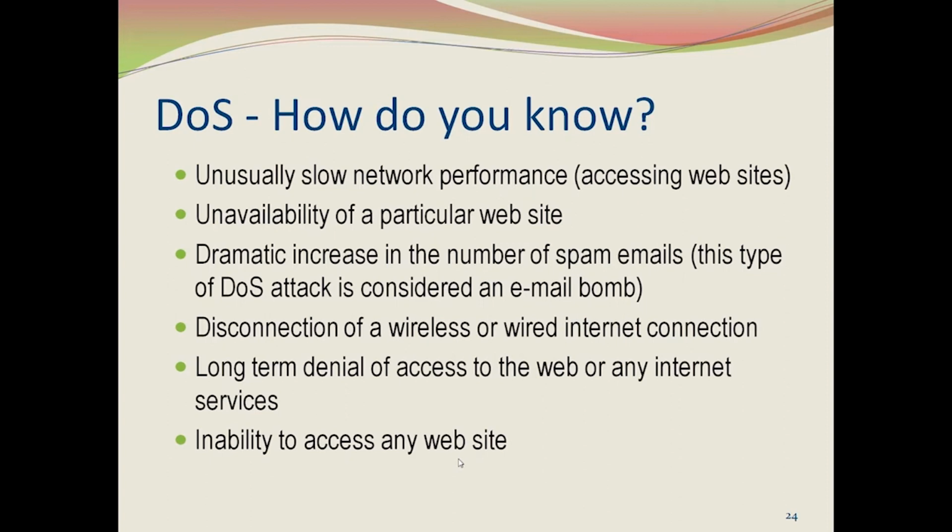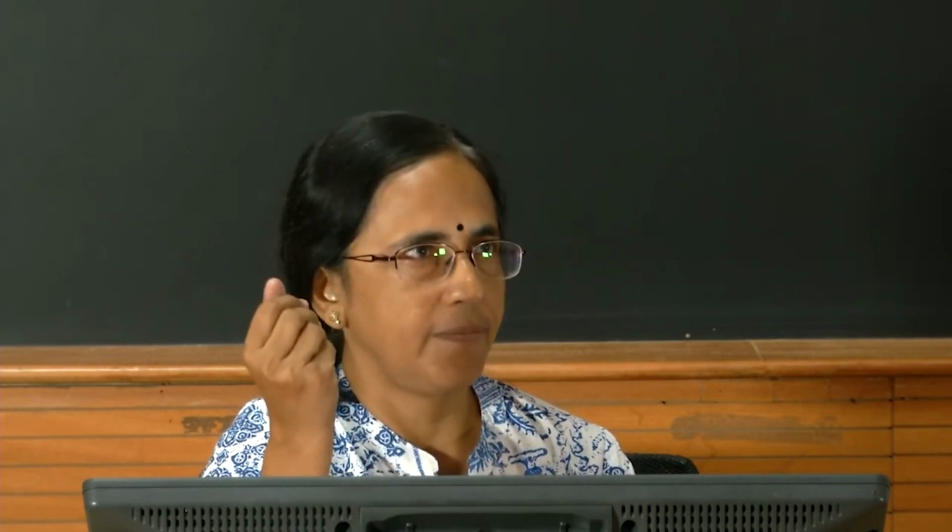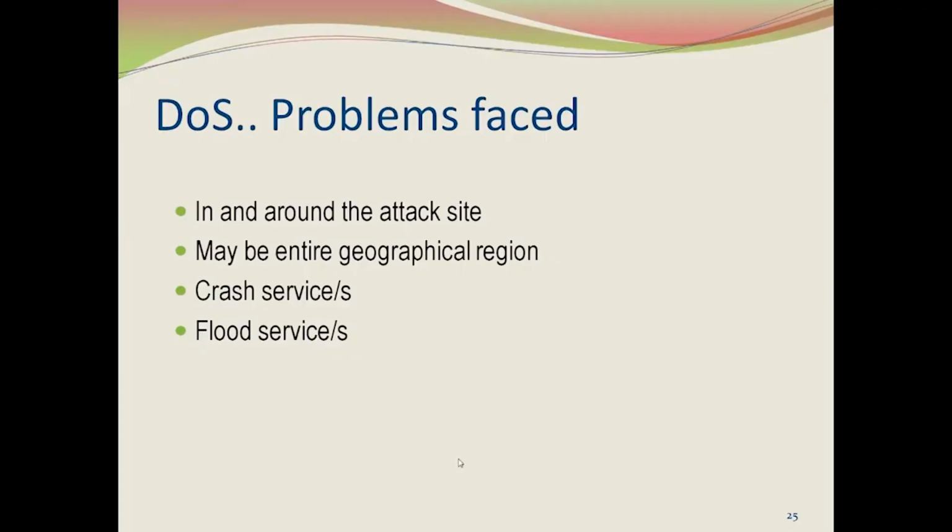So, ultimately it will be long term and then inability to access any website, any in the sense that maybe in that domain, whatever region you are in, or whatever types of website that you wish to visit, any of these will be in the list. So, what will be the problems faced? Obviously, in and around the attack site, that is why related sites may be affected, okay. Maybe the entire geographical region,